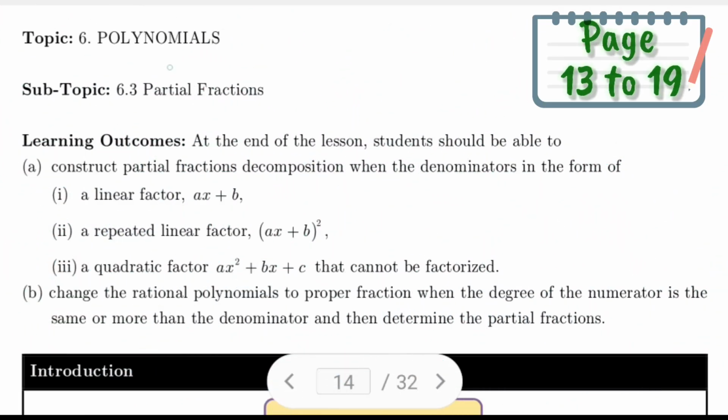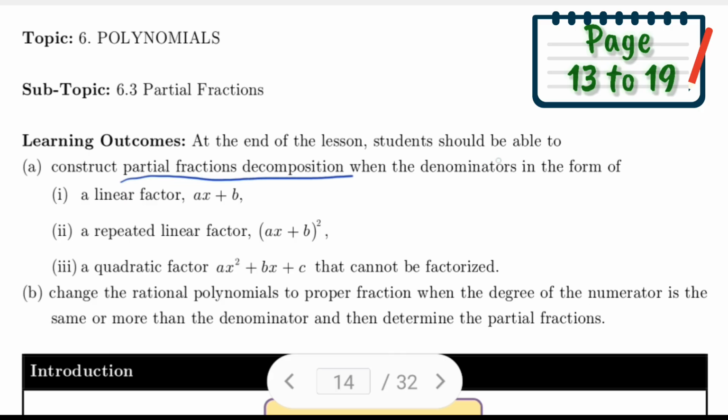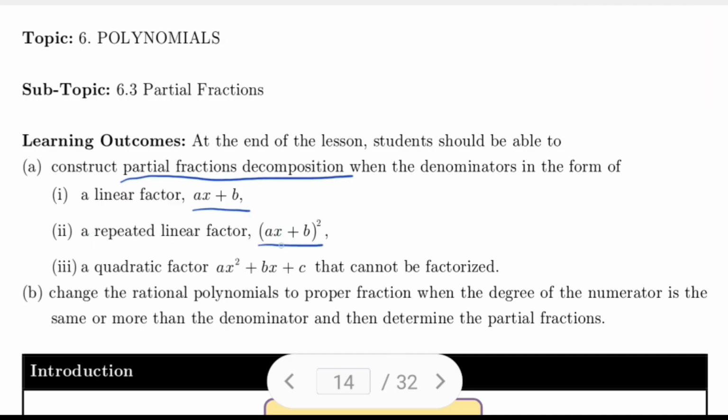6 Polynomials, Subtopic 6.3 Partial Fractions. At the end of the lesson, students should be able to construct partial fraction decomposition when the denominator is in the form of, first, a linear factor, second, a repeated linear factor. So if you can see here, a linear factor which is repeated twice, and third, a quadratic factor that cannot